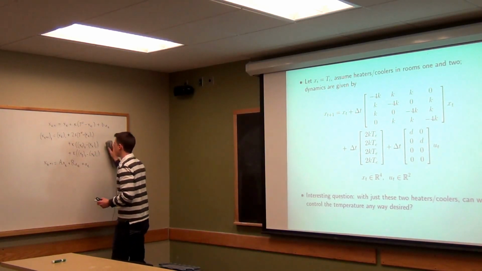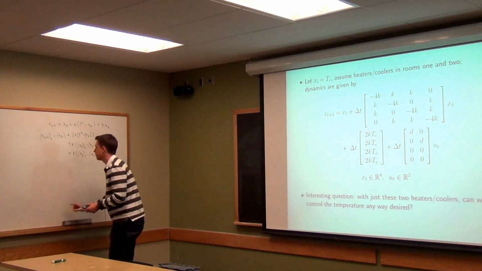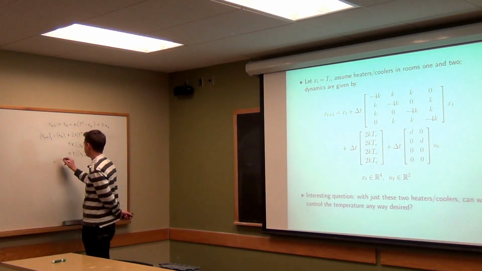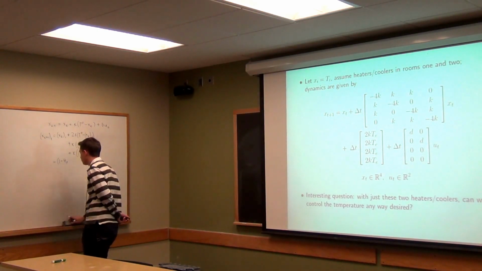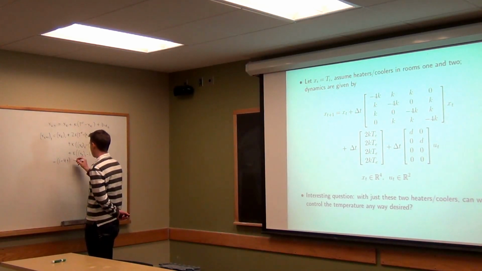So xt plus 1 equals 1 minus 4k times xt1,